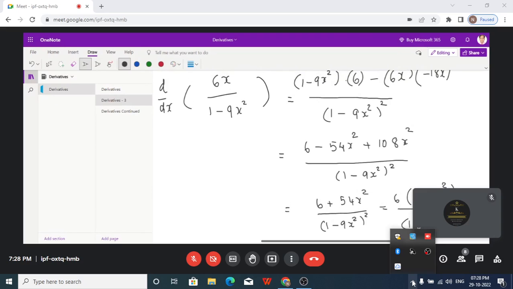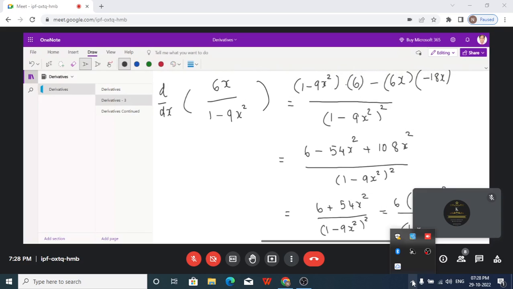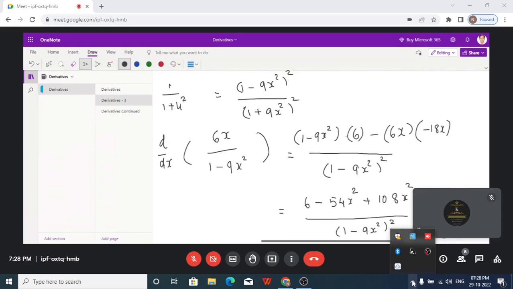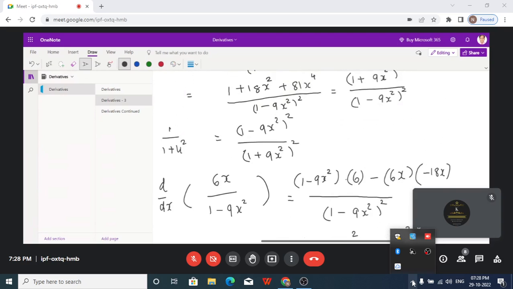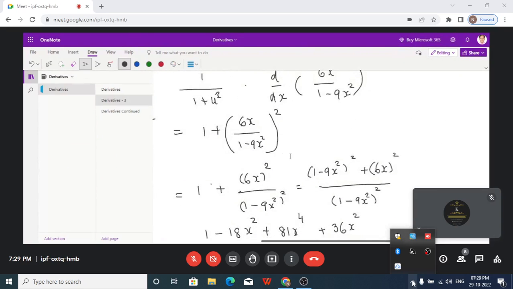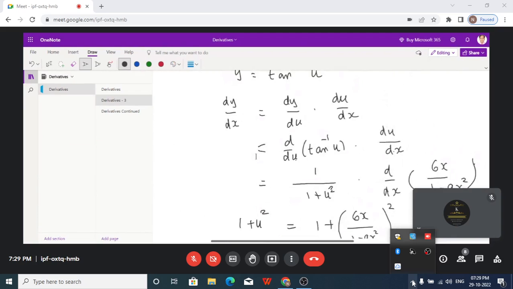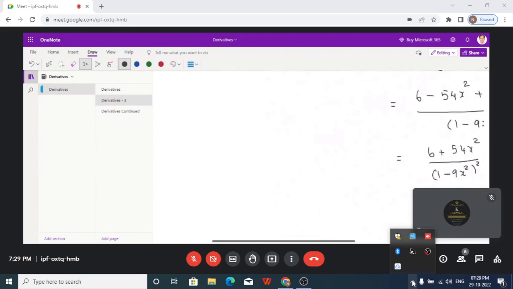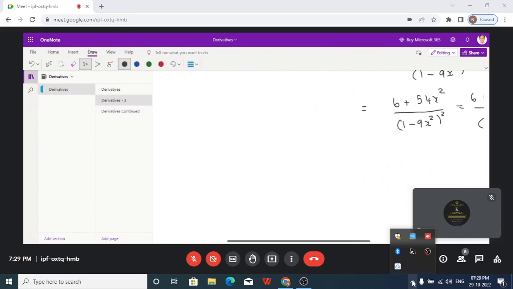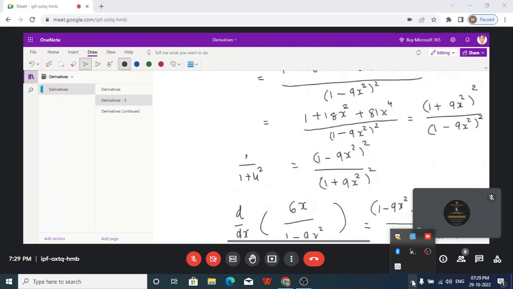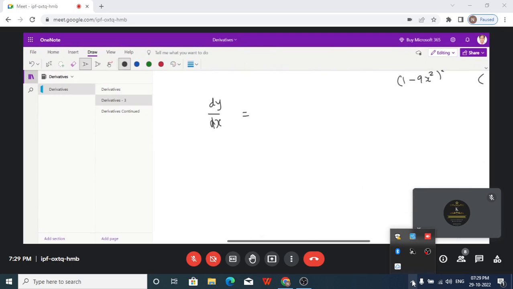Right. So this is d by dx of 6x by 1 minus 9x square. So what is your dy by dx now? Now we bring all the terms we have calculated and put them all together. dy by dx equal to 1 by 1 plus u square, that is 1 minus 9x square the whole square